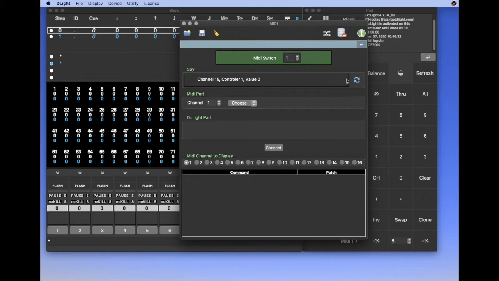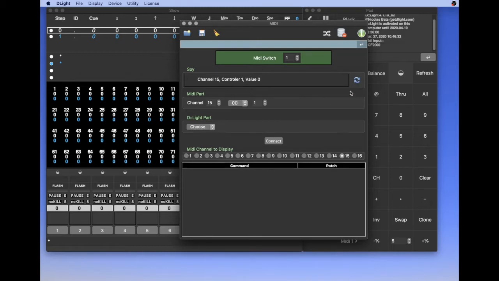I have to click on this recycle button in order to fill the MIDI part of the patch. And when the MIDI part is filled, you will be able to choose the Daylight part, the Daylight function. So I click here. Okay.